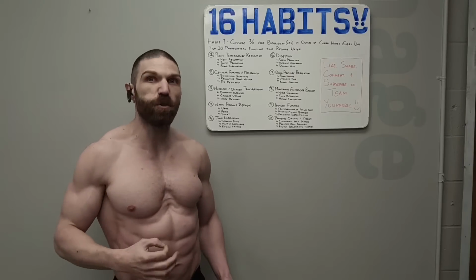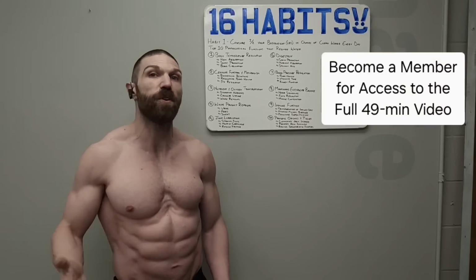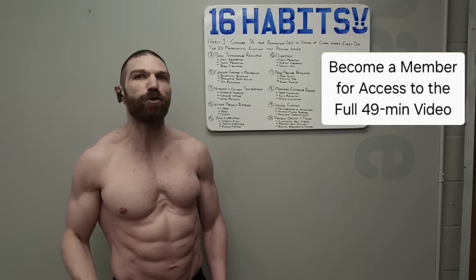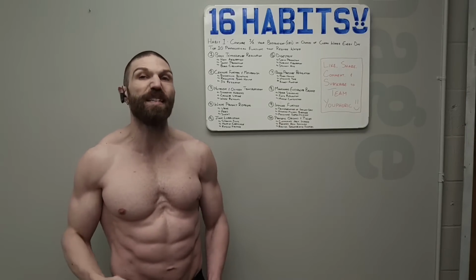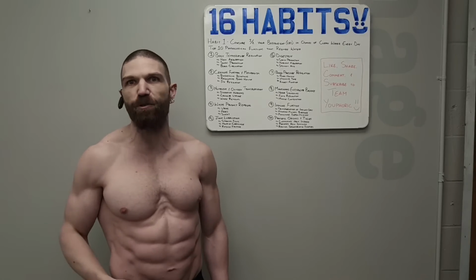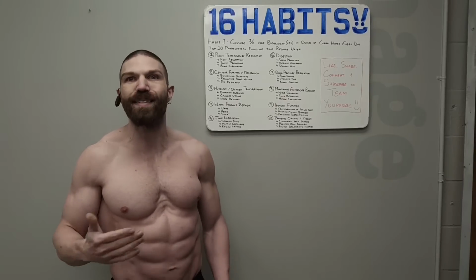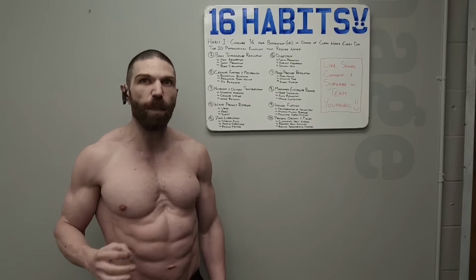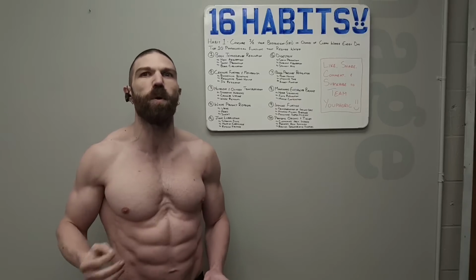toxicity. Electrolytes also play a critical role in maintaining the body's acid base balance or its pH balance. For example, bicarbonate ions act as a buffer system to regulate blood pH, ensuring it remains within a narrow range of 7.35 to 7.45. Hydration is crucial for this buffering process, as water facilitates the movement of bicarbonate and hydrogen ions within the bloodstream. Dehydration disrupts this balance, making the blood more acidic or alkaline, which can impair cellular function and enzyme activity, whereas proper water intake ensures a stable environment for pH regulation, which is critical for metabolic processes